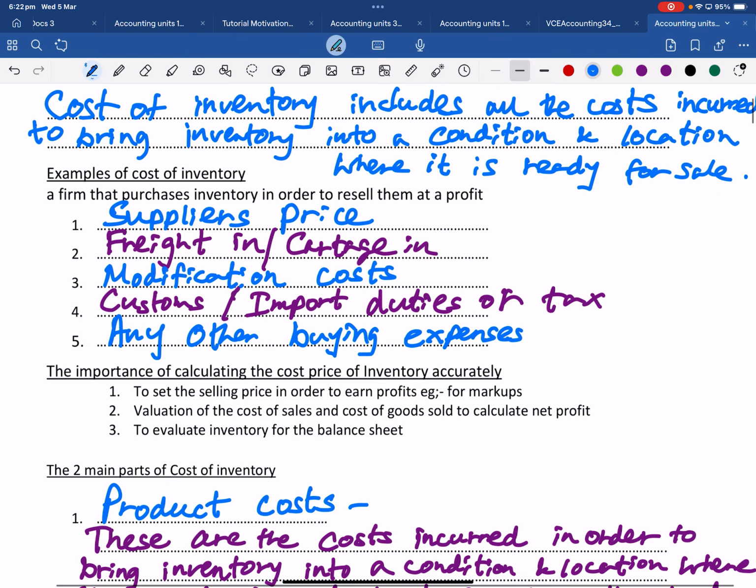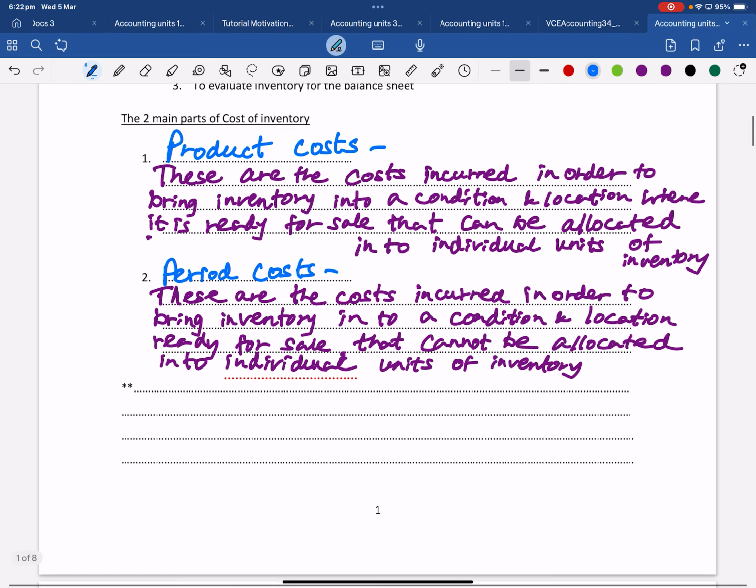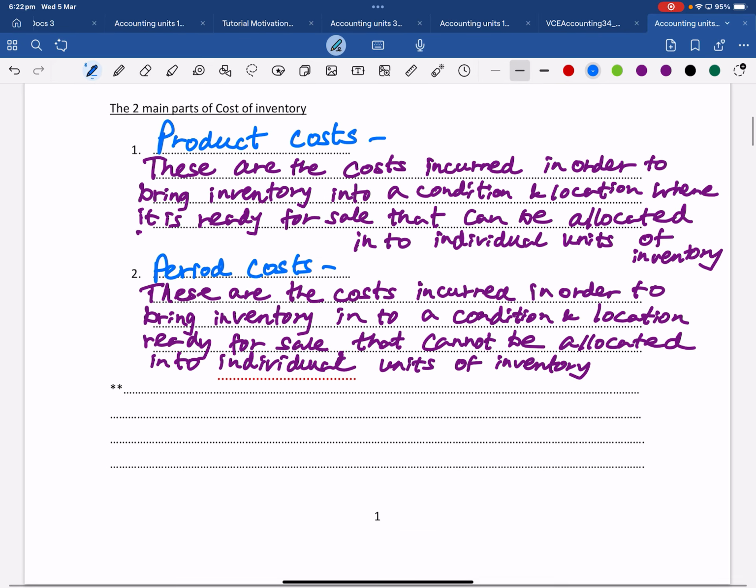Guys, have I subdivided it? No. Cost of inventory subdivided into two. Yeah. So I will give you probably because some people might not understand. For this one, for the product cost example, supplier's price. For period cost example,